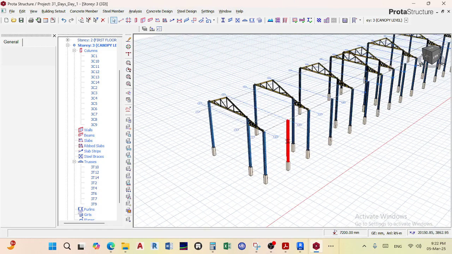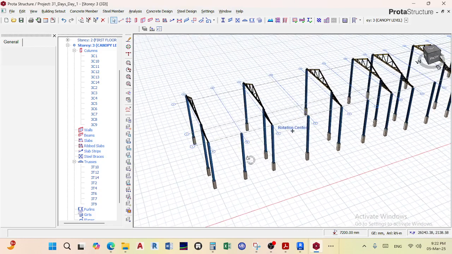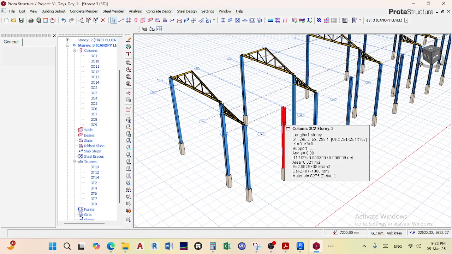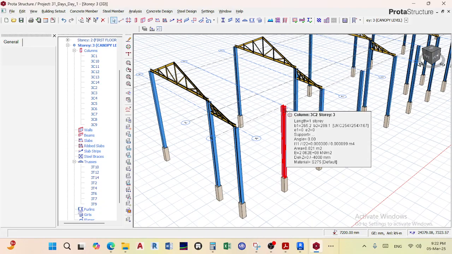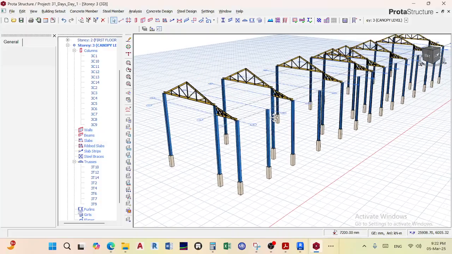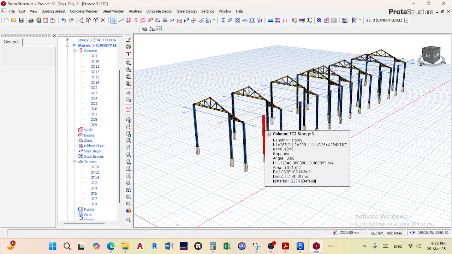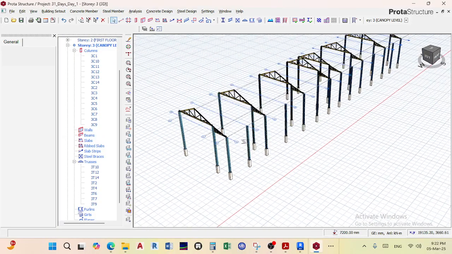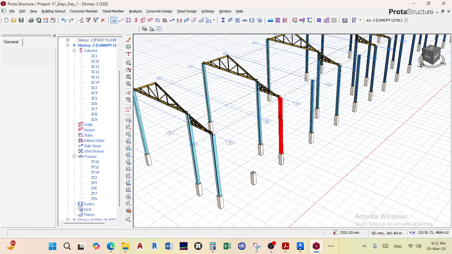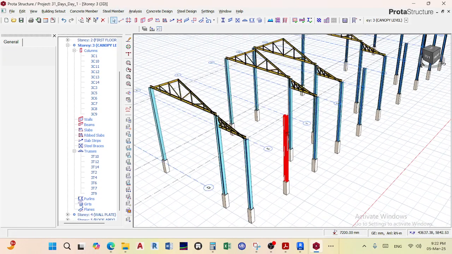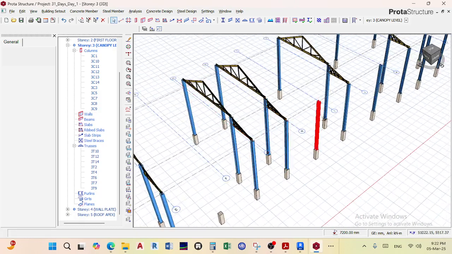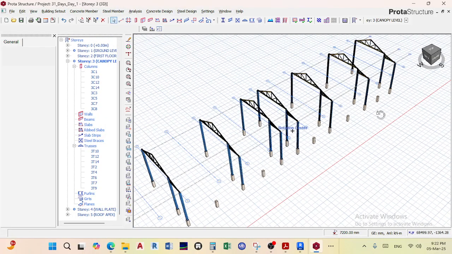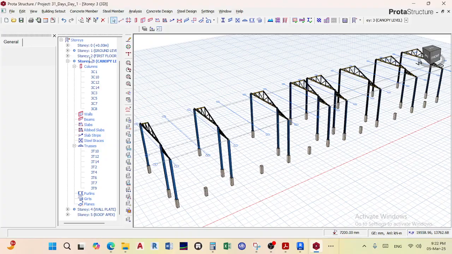Okay. So for these columns, actually I need them to start from the ground, from the first floor. I do not need to start them at the canopy level. So I'll need to delete them. And remember these are the ones that, okay. So I'll delete that one. I'll delete that one also. And then I'll delete this and this and this and this. And then I'll go into my ground floor, my first floor,